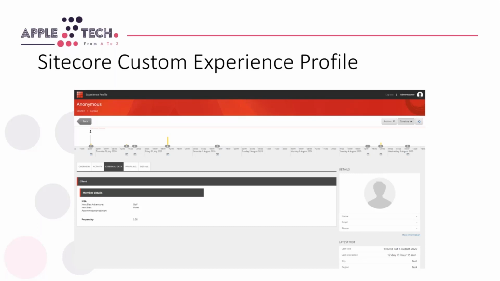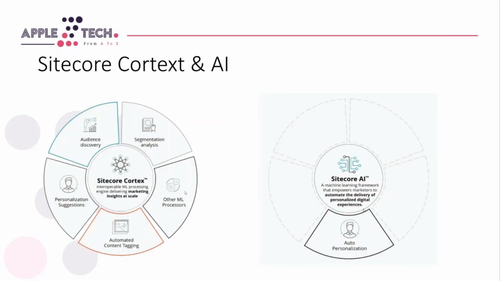And finally, machine learning and automation is definitely always an option with Sitecore. So whether you have a huge amount of data that can put you in a position to leverage machine learning and Sitecore Cortex, the automated content tagging is a very powerful tool to utilize because it helps you do all of these efforts without the need to create custom code. It's going to understand the content and extract these tags. And again, you can apply your personalizations on top of these tags and taxonomies, and you can build your persona